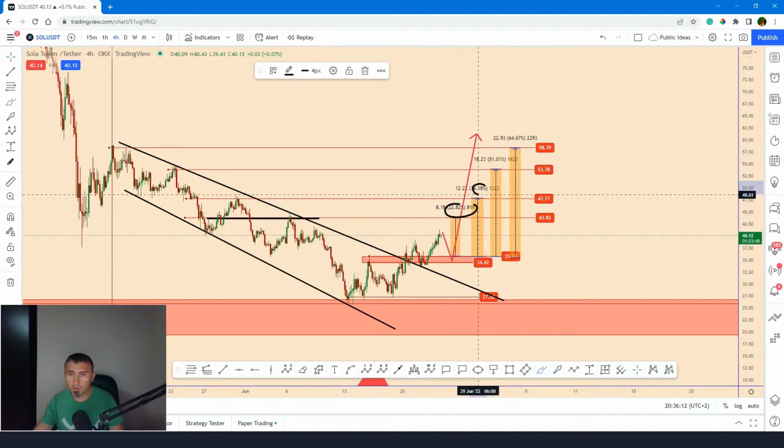This is 34, 51, and look at the other one is 64. So these are short-term targets. But considering that Solana is a very good crypto, I would say that